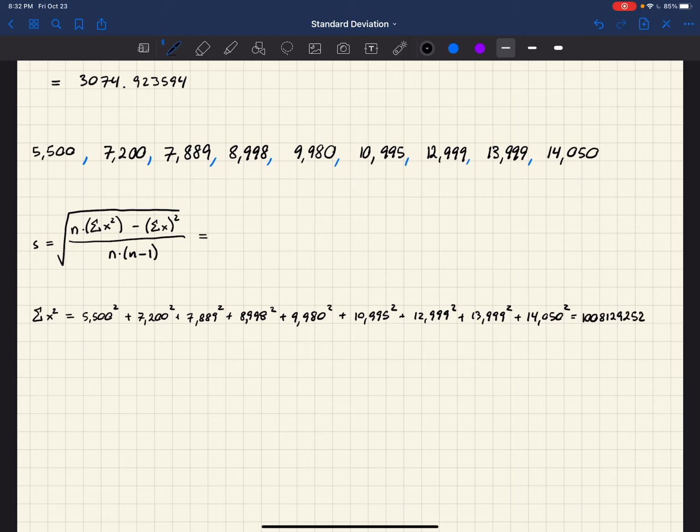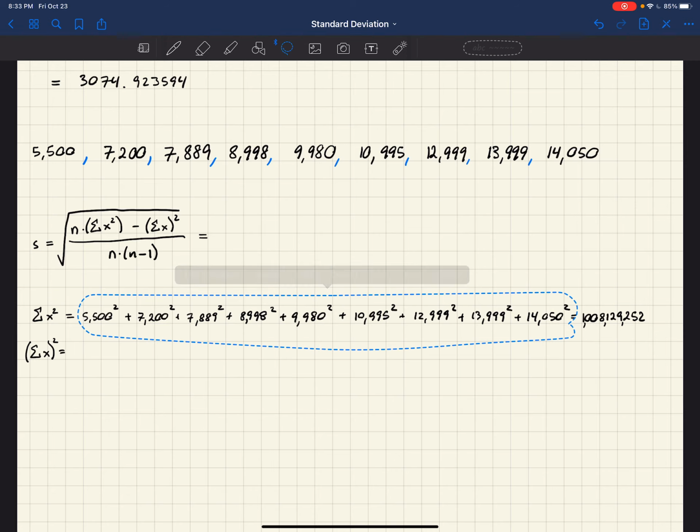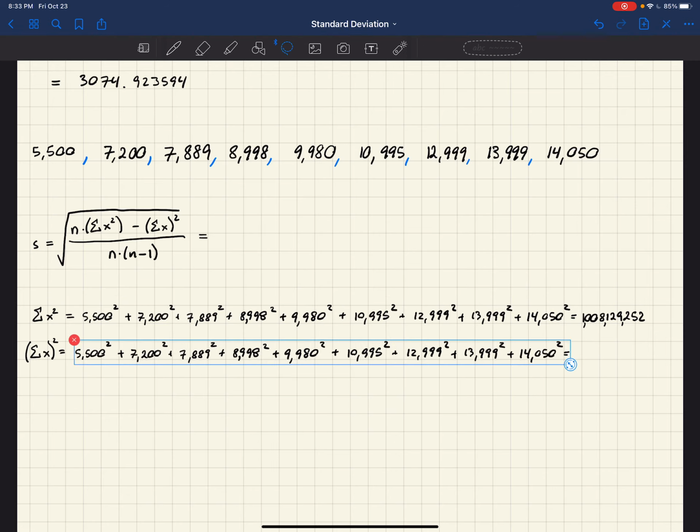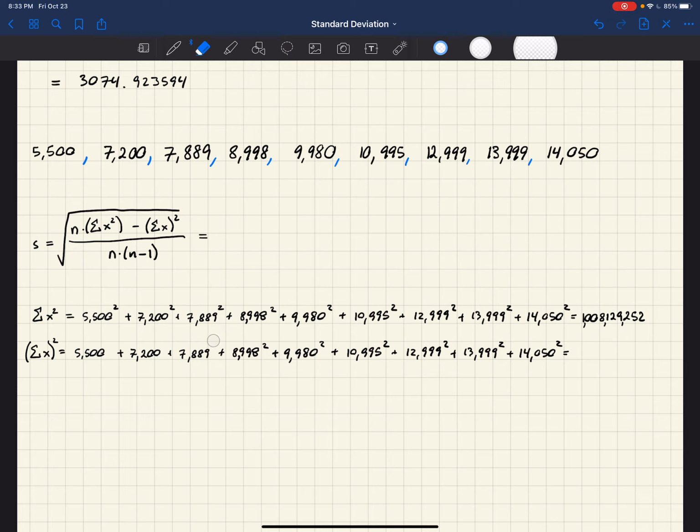Okay, that is the result, which appears to be, wow, 1,008,129,252. So it's a big number. Now, the next computation we have is the square of the sum of the data values. So here, I'm going to cheat a little bit. Actually, what I'm going to do is this. I'm going to copy this data. So what we do here